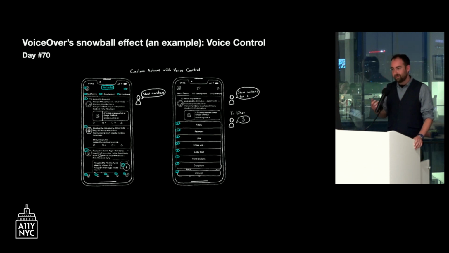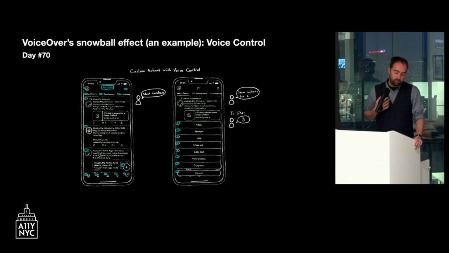And then voice control is a bit different. It may be a little bit of a worse experience, but it's a trade-off that I think is totally justifiable. So if you think about it, with voice control, you have to say something like "show numbers," and then you'll have a tag on top of every tweet. And then you can say something like "show actions for 6," for example, and then it shows a menu with all the actions, and you can say "3," and in the example on the screen, it will like that tweet.